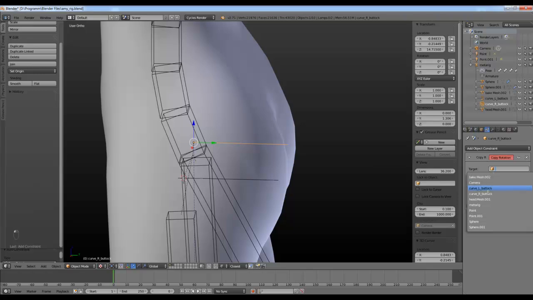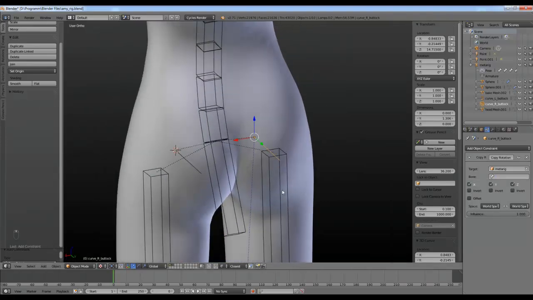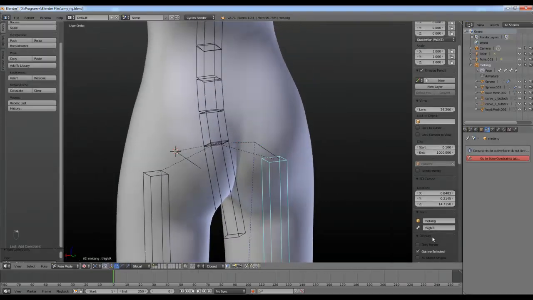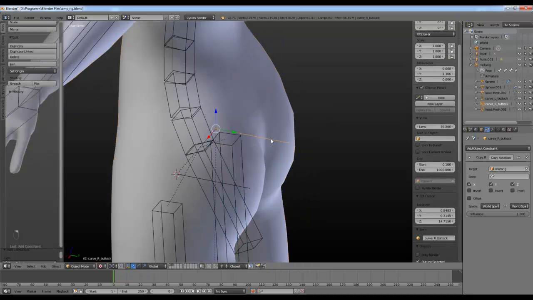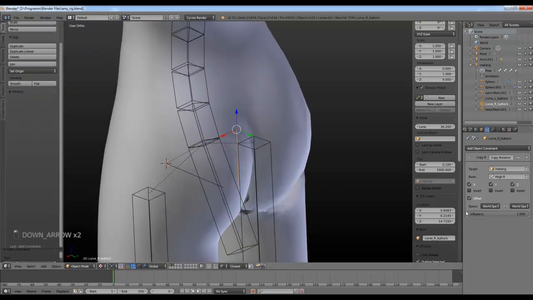Let's select our meter rig, and select our, what is this bone called? Thigh R. Let's select our thigh R. Then select offset, select local space,